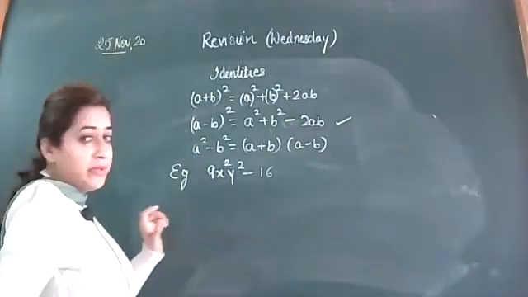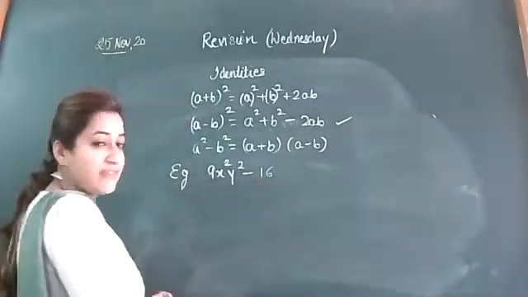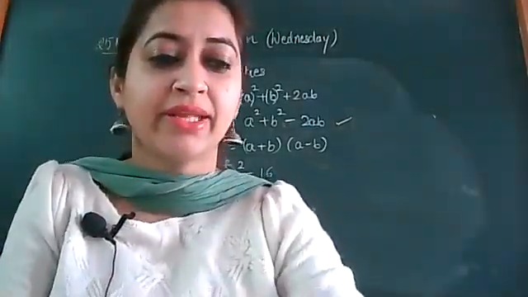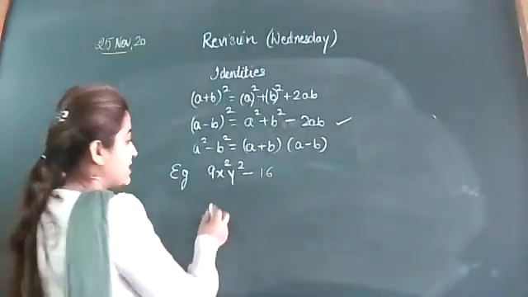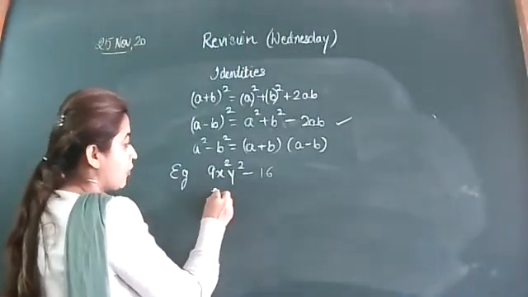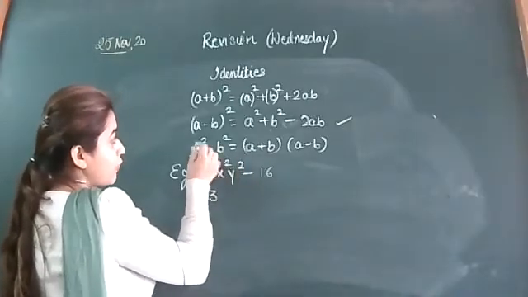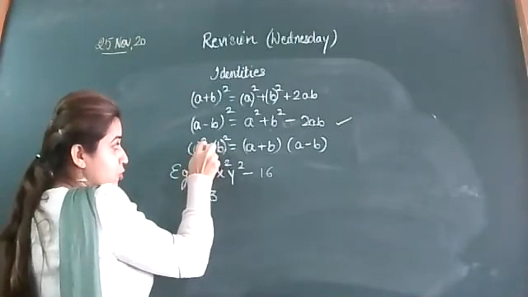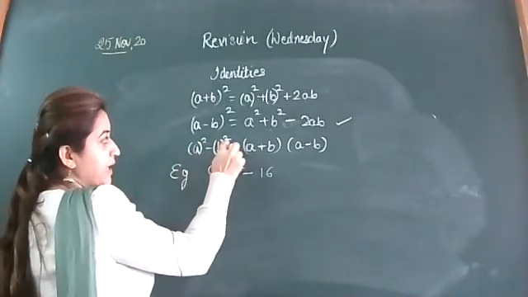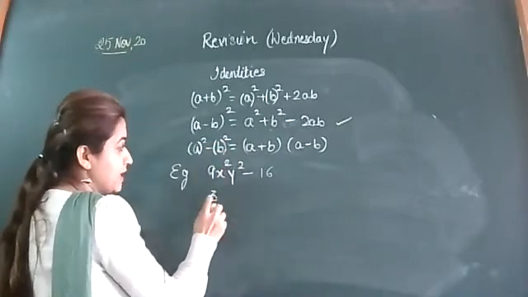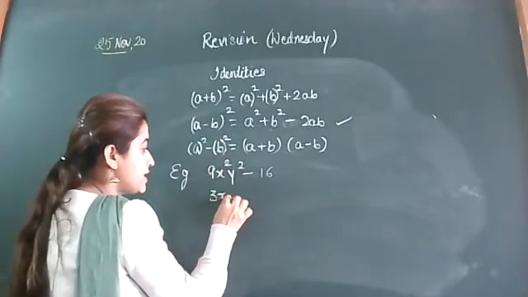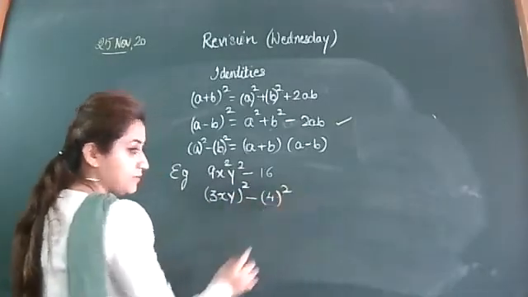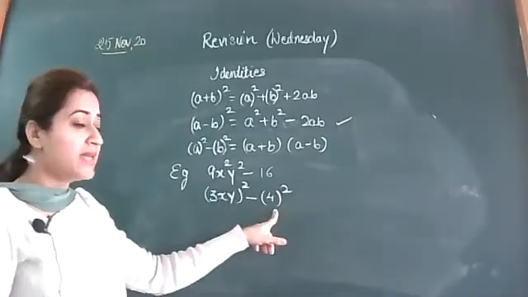Now, look here, beta. Again, 9 and 16 are perfect square numbers. Whenever perfect square numbers are given, you can apply the identity in that case. So now let's write them in the whole square form. It's compulsory to write, because in the formula you have a square and b square. That means it is a square of whole a, and this square is for whole b. So it's compulsory to write them as 3xy whole square minus 4 square. This is your a square minus b square.